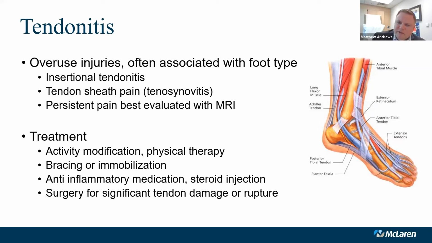So bracing sometimes can be appropriate for arthritic conditions, but for tendonitis injuries, we like to maintain motion wherever possible, as long as we're able to do it in a controlled manner. So sometimes we'll even recommend a semi-constraining brace or other modalities just to help us rest that tendon for a while and keep it from working too hard.